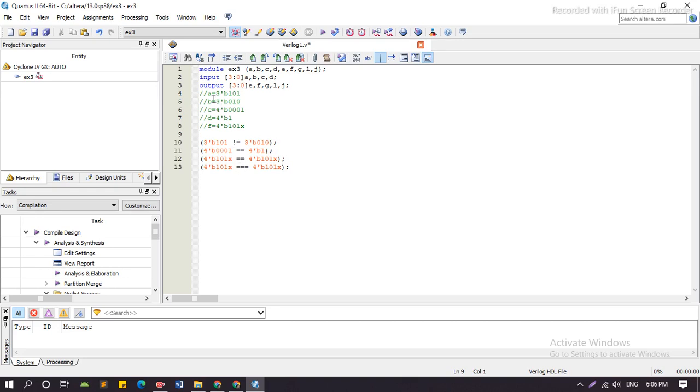So we have the ABCD and F. ABCD, we declare it E. ABCD are the inputs, and FG. Read this. Now we assign here A, B, C, D, E. F is equal to